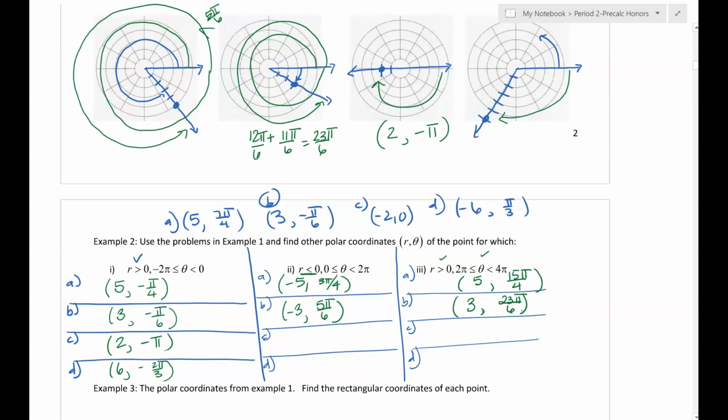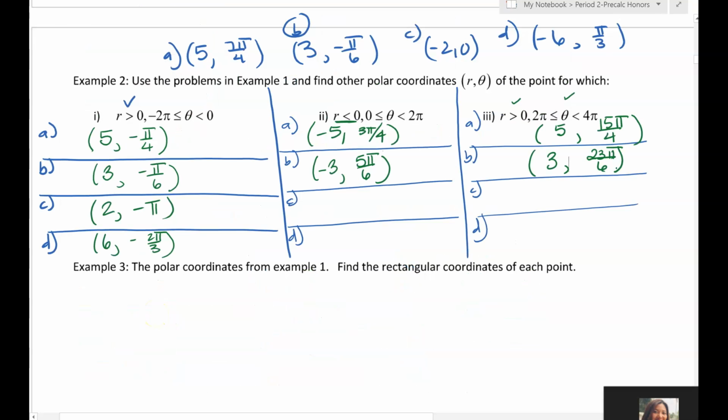Now I want you to take a minute to do C and D for both 2i's and 3i's. So example 2i's, part C here, hopefully you got -2, 0. And part D, you got -6, pi over 3. Remember this restriction: all angles have to be positive and all radii have to be negative. Now for 3i's, part C, hopefully you got 2, 3 pi over 2. And D, you should have gotten 6, 10 pi over